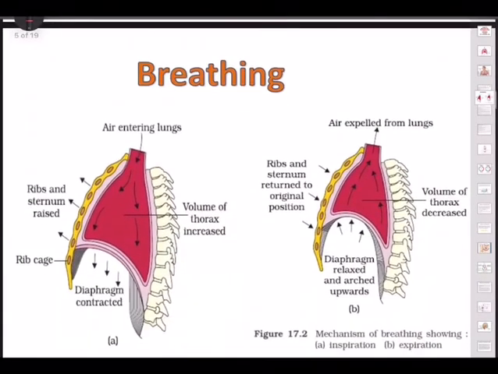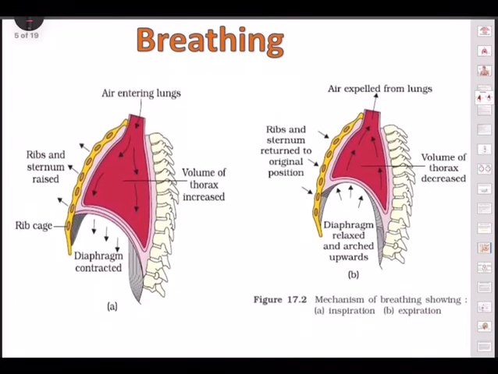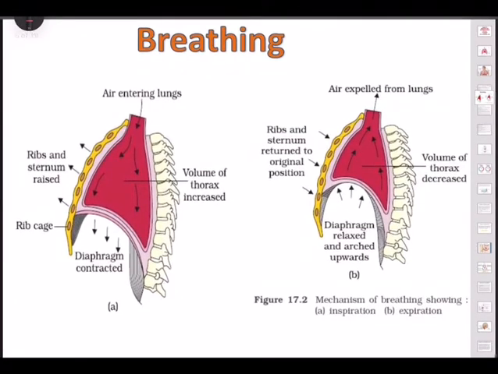But first and foremost thing is breathing. I said breathing is a physical process wherein you can observe yourself, the movement of the chest cavity. In this you can see there are two things. First is inspiration, how we inhale oxygen inside. So you can see here, first and foremost,